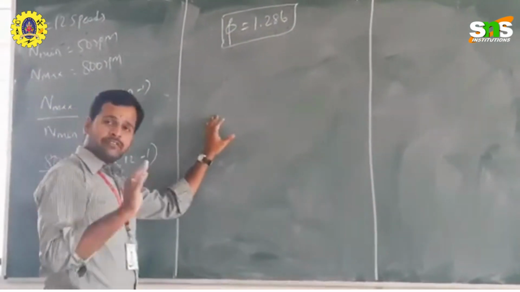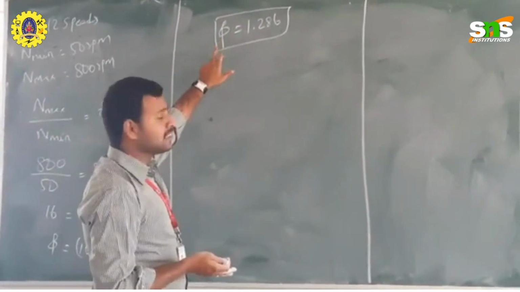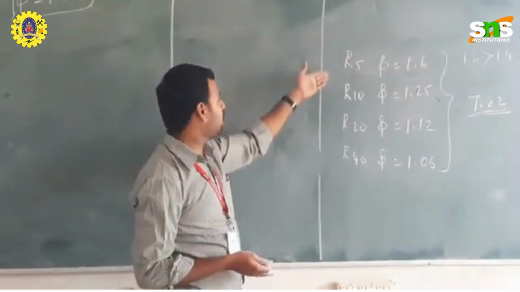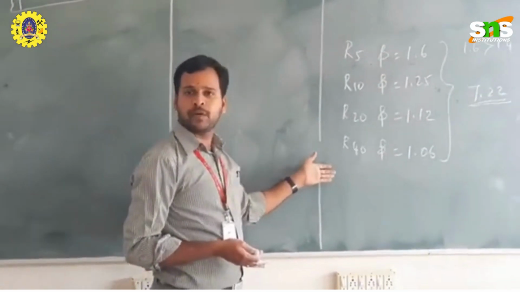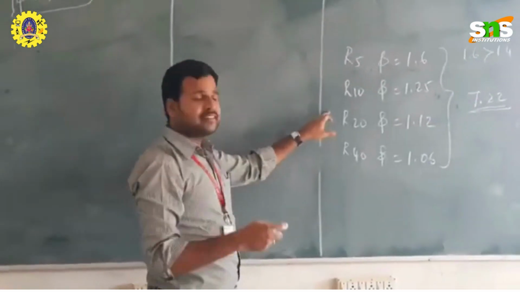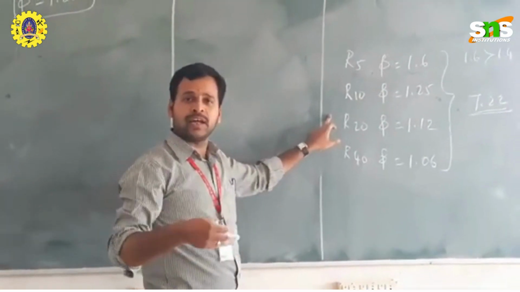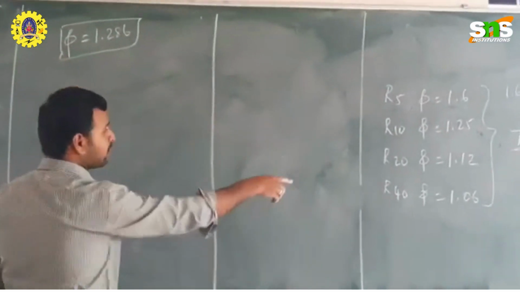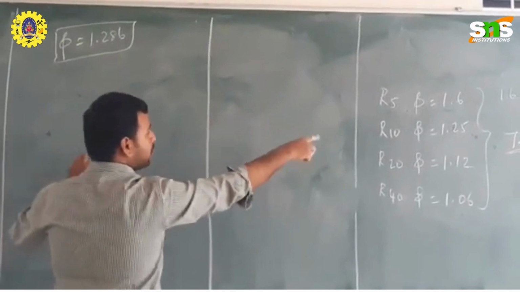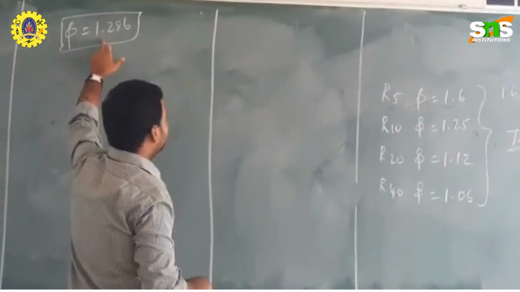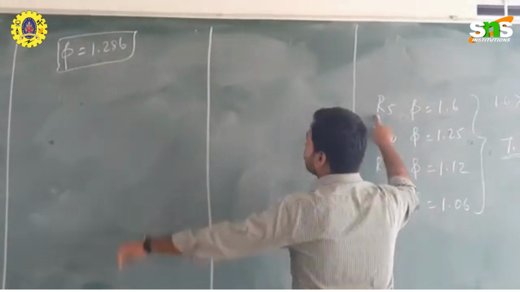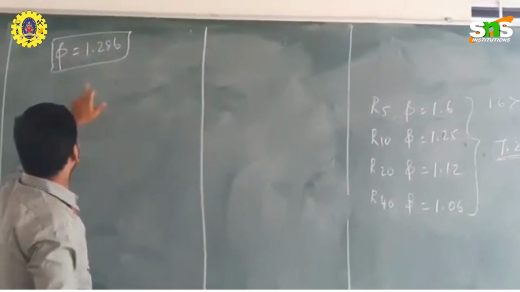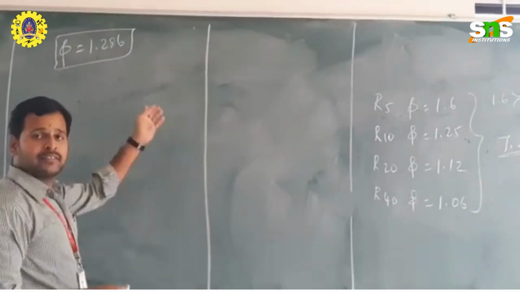Okay. So in the first problem, we calculated the psi value. It is directly mapped with this kind of series, either R5, R10, R20, R40. Whatever the series is directly mapped, we can directly take the next speed from the data book itself. Now you can check with the R5 series. So it is lesser, it is greater, it is also lesser, it is greater.